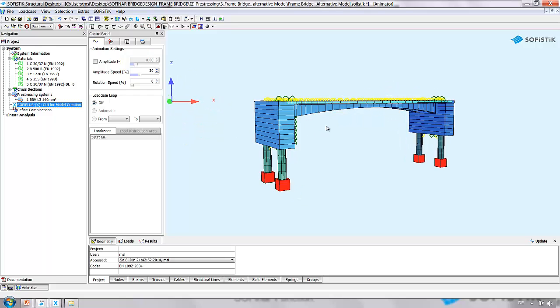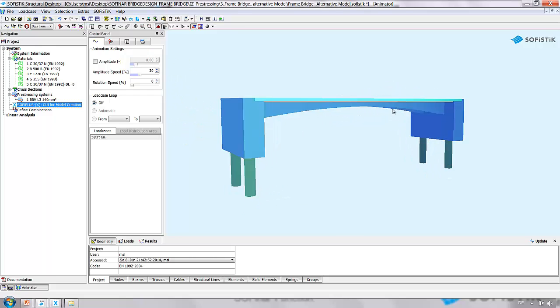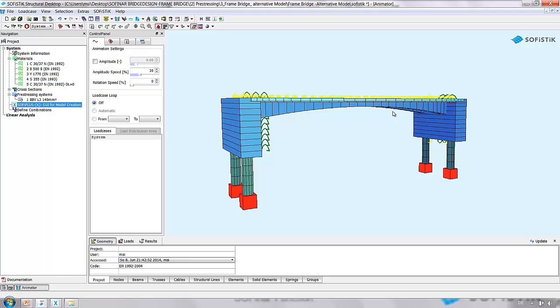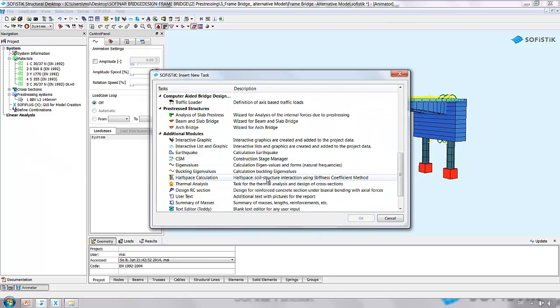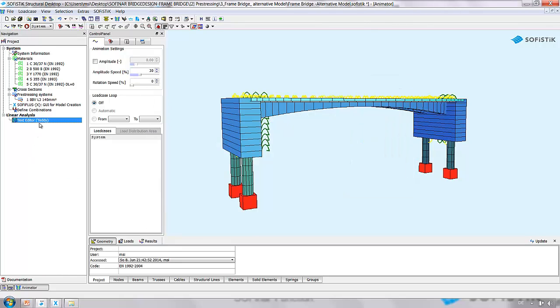Then we go straight ahead to SSD. So that's our frame bridge. It looks the same as the first one, which you saw in the first SOFinar. A little notice: the first SOFinar is available at the Sophistic YouTube channel. Now I would like to insert a new text editor task, and to keep our project we're going to rename it. The name will be additional properties,